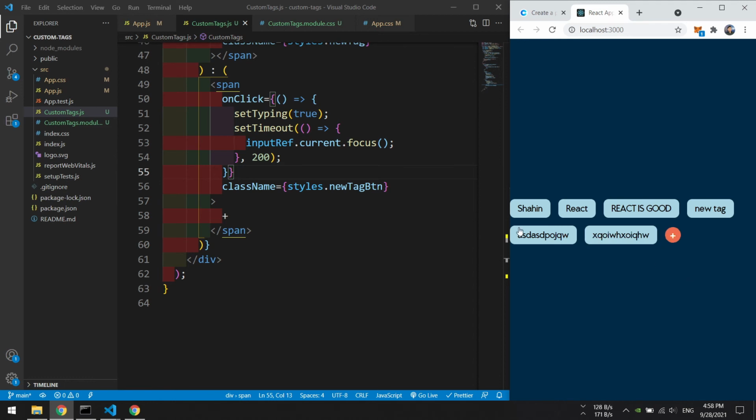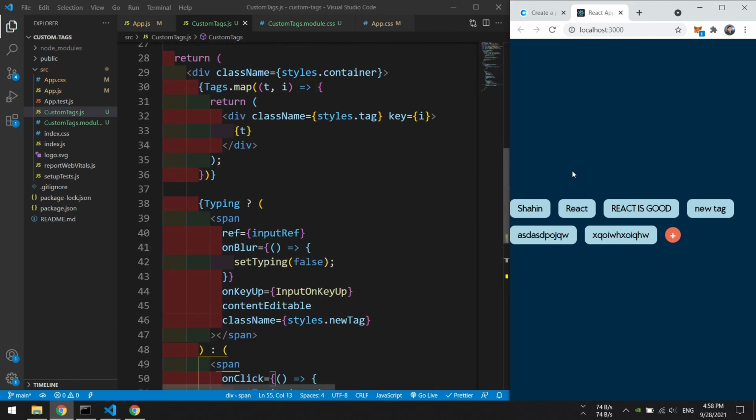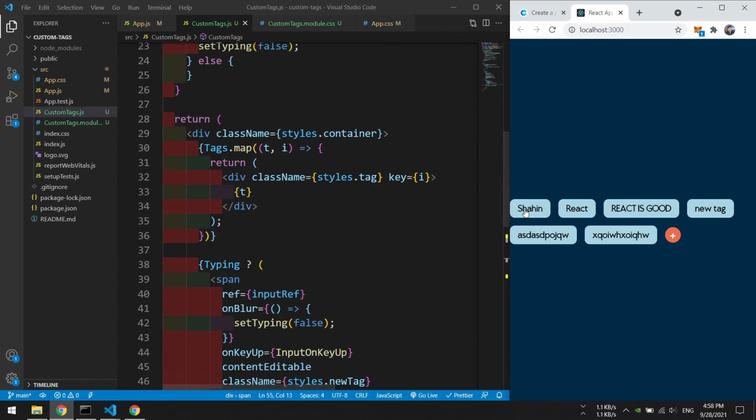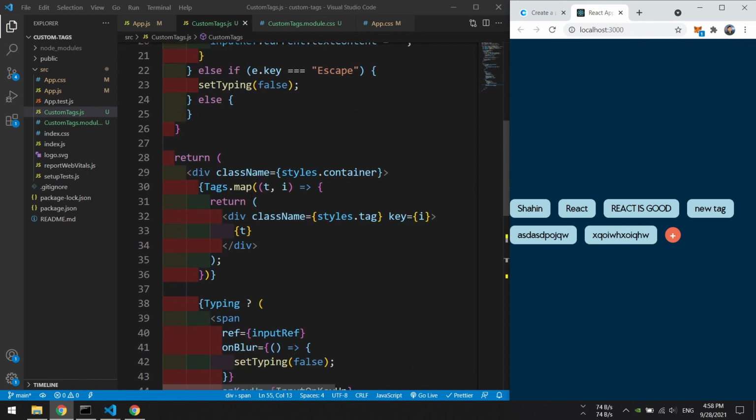So right now we're going to code this. If we click on any of these, nothing happens. We're going to make it take that tag out of the tags elements and actually delete it. So how to do that? We should define that inside here where the tags are declared. So unclick,